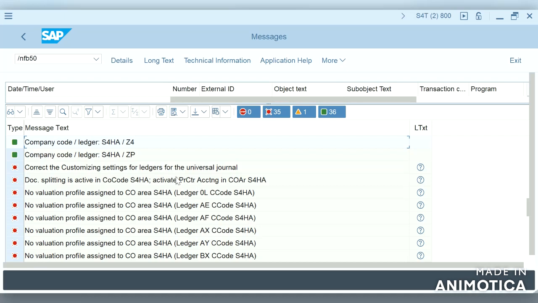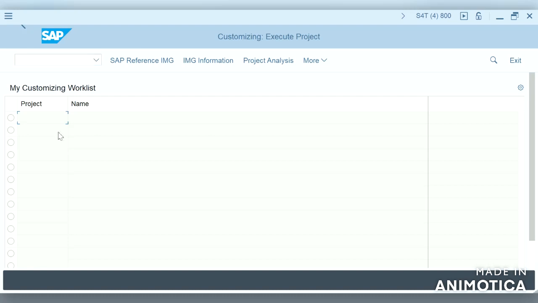So if document splitting is active, there is a need to activate profit center accounting in new GL. There is a whole new GL concept which is even applied in S4HANA. So let us move on and activate profit center accounting in the controlling area. Okay, so SPRO, IMG.